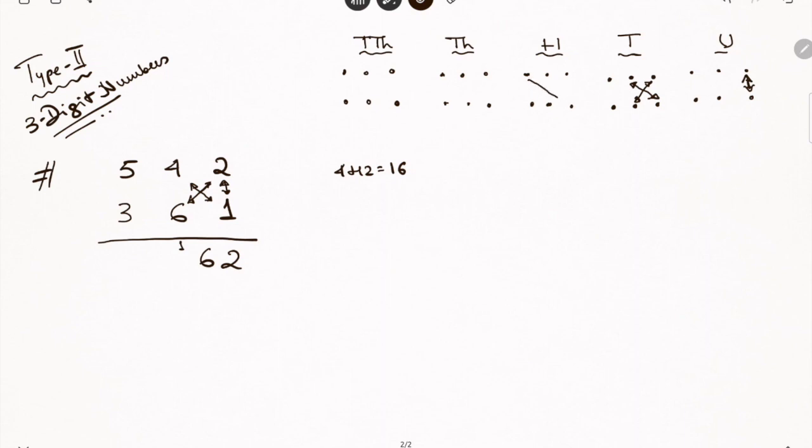Now in order to get the 100th place digit in the product, we need to cross multiply between the 100 place and the unit place of the question and vertical multiplication of the tens place digit of the question. So we have 5 plus 6 plus 24, that is equal to 35. Carry 1, we have 36. So we write 6 and carry 3.